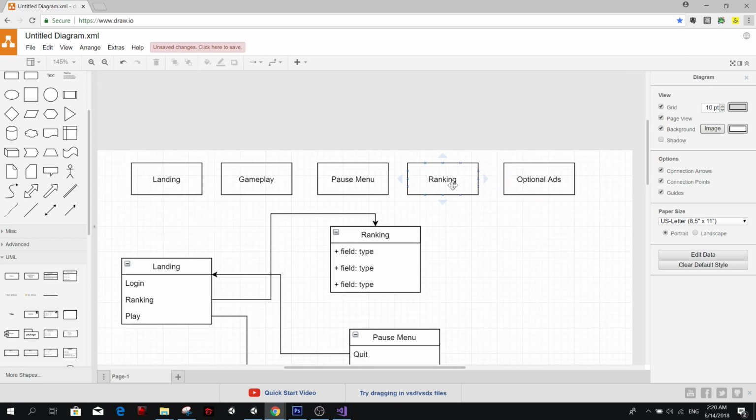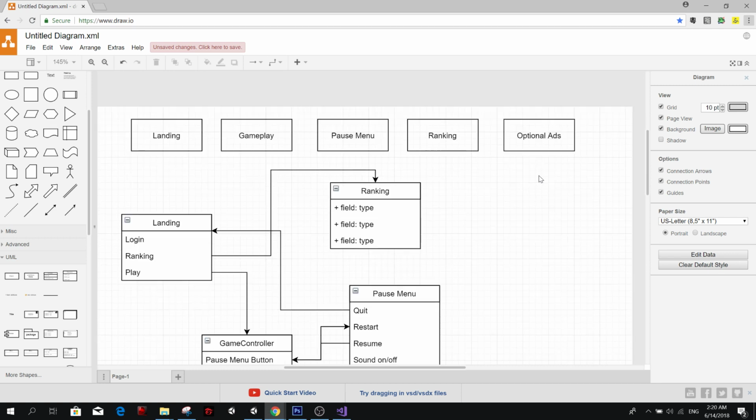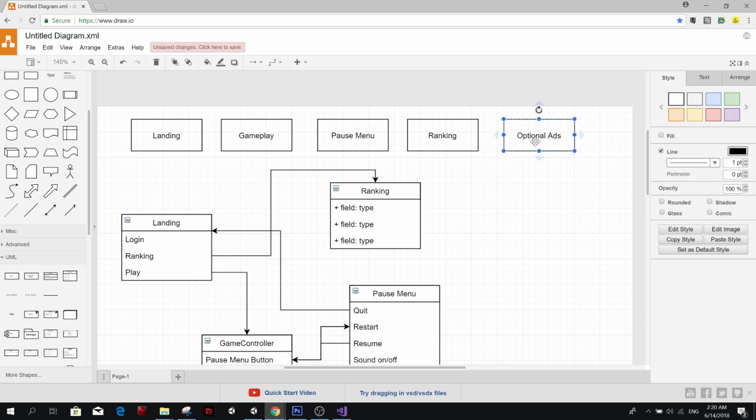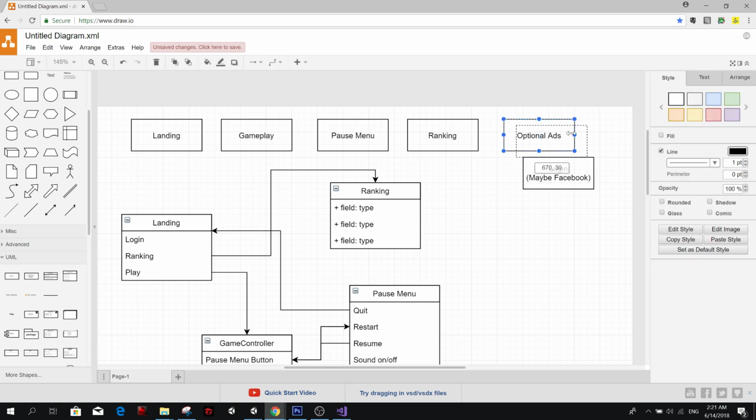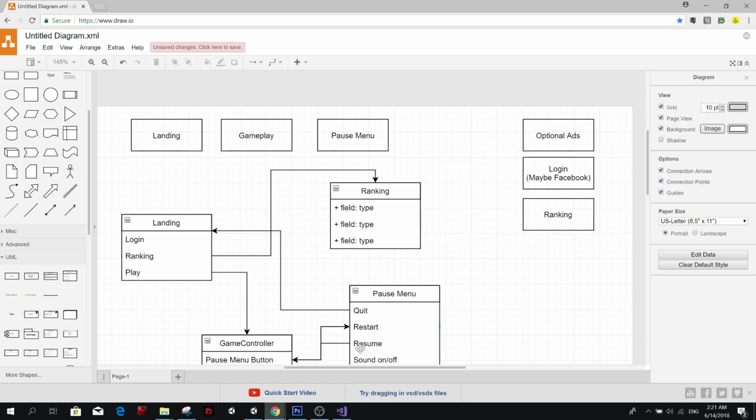We're going to have the online ranking and online login, maybe Facebook login. So that's something I missed. Ads and ranking system, all this will be online stuff.